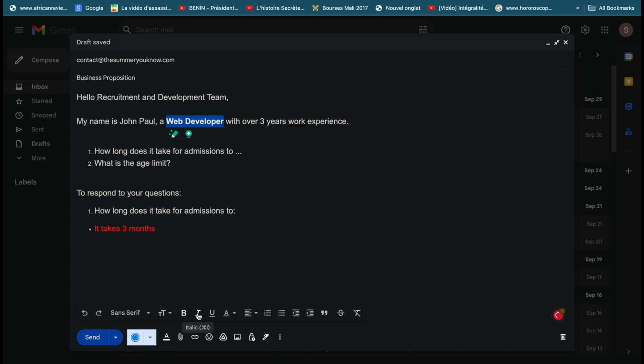If you want to make it look like it's italic, you can just tap on italic. If you want to underline that, you underline it. I love emails that are written well, right? So you want to make sure that you do that. Now if you want to attach a document, you tap